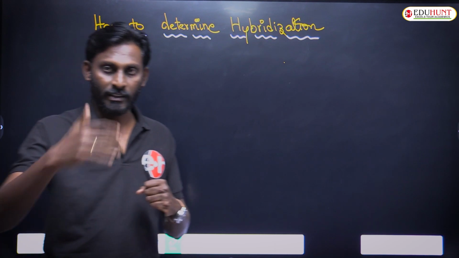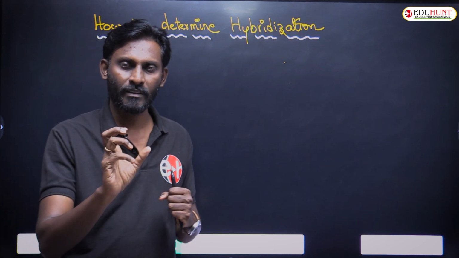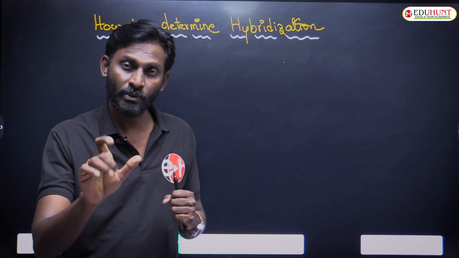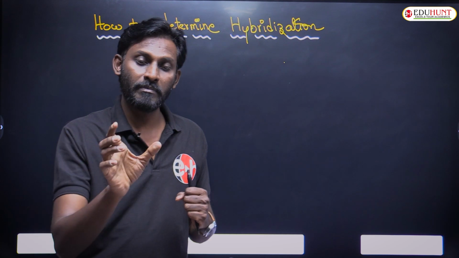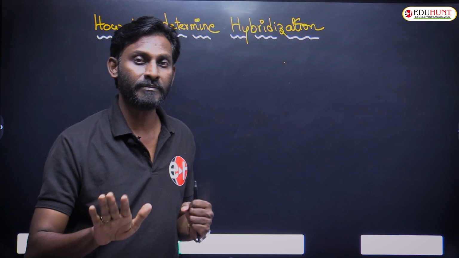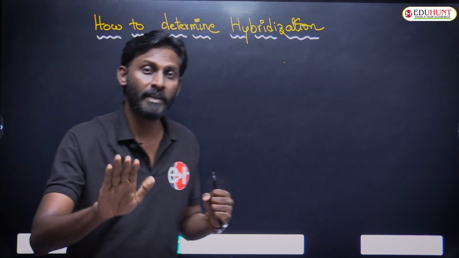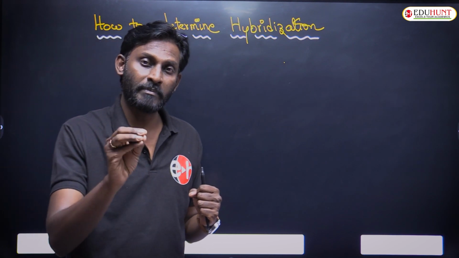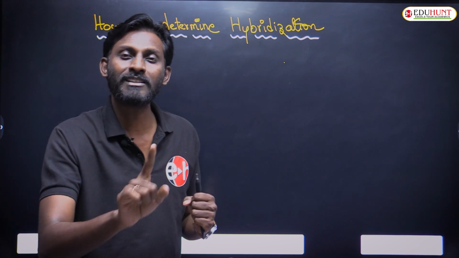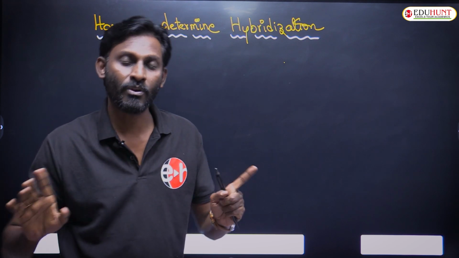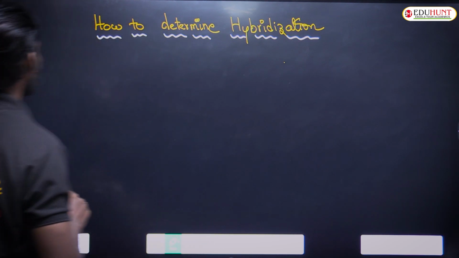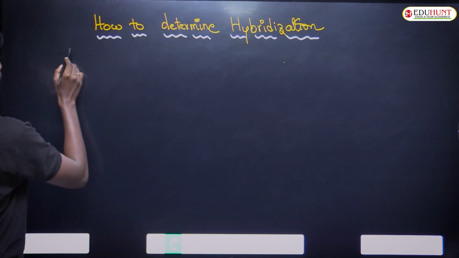In your daily practice or in the examination, you are supposed to determine the hybridization of the central atom by just looking at the formula sometimes, or just by looking at the structure of the molecule. So you must be in a position, listen carefully, to determine the hybridization of the central atom by just looking at the formula or by just looking at the structure, in both ways. I'll give you the best methods for both cases. Okay, let's start. So first of all, from the formula,